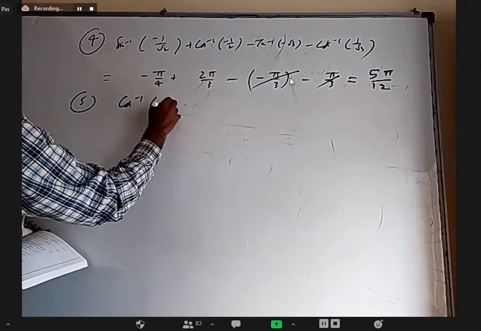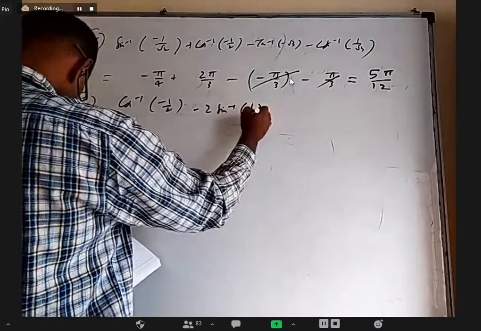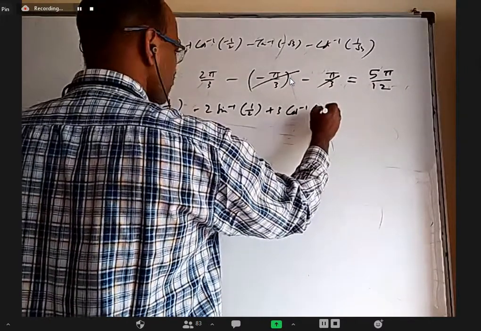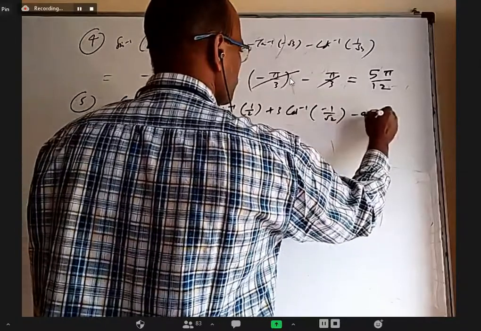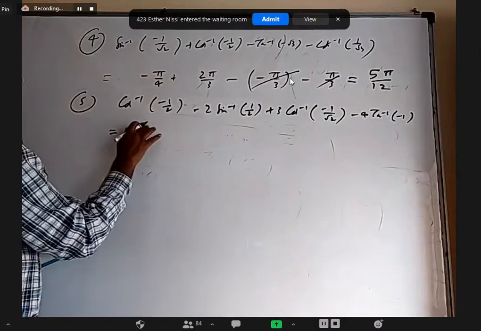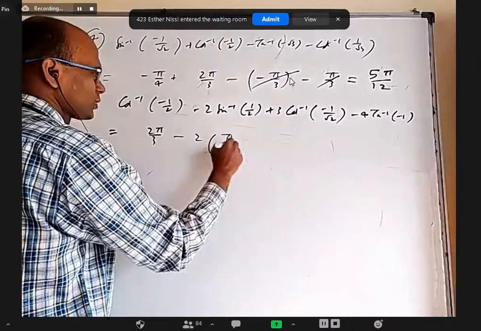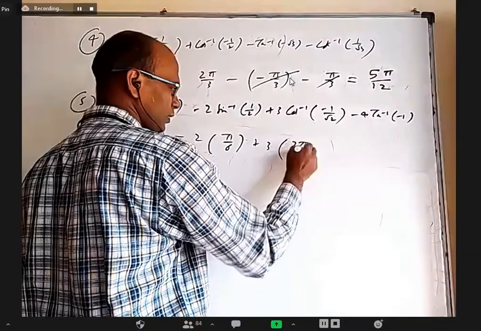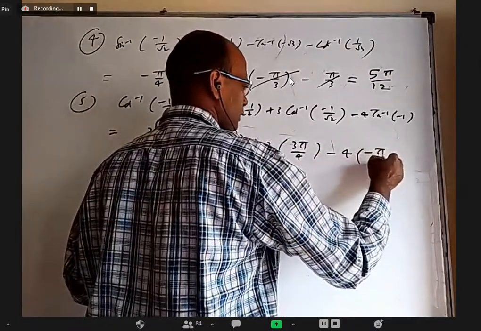This is cos inverse of minus of minus 2 sin inverse 1 by 2, plus 3 cos inverse of minus 1 by root 2, minus 4 tan inverse of minus 1. This is again not 2 pi by 3. This is 30 degrees, pi by 6. This is minus 1 by root 2, which means 135, 3 pi by 4. This is tan inverse minus 1, minus 45, minus pi by 4.